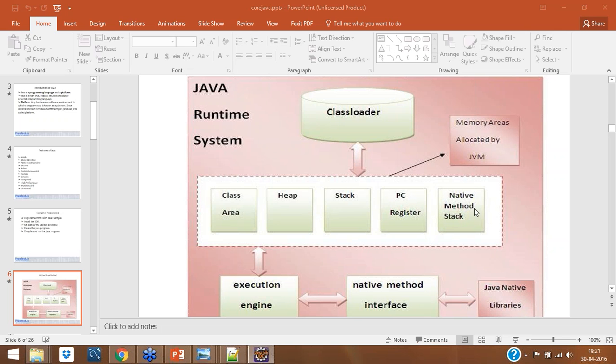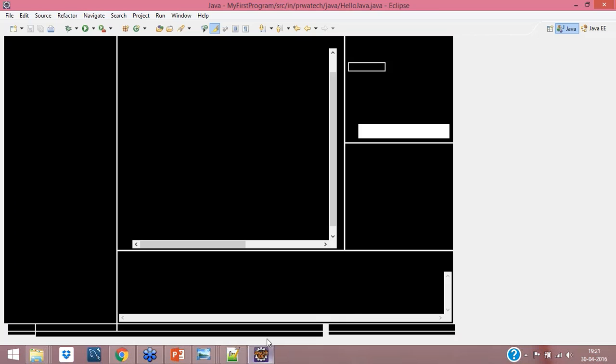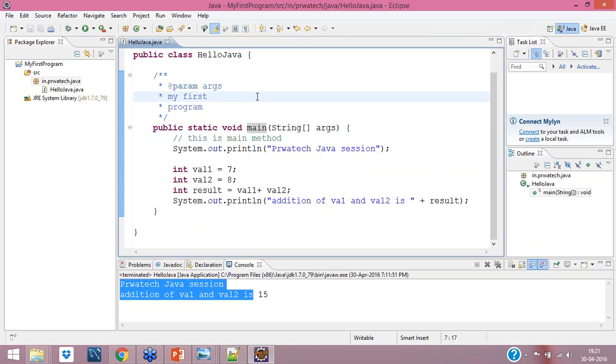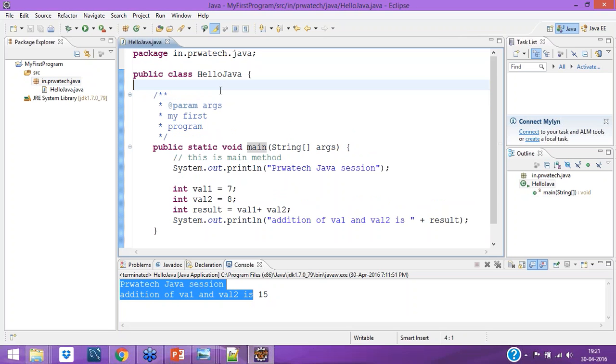Then native method stack. Native method is nothing but, let me tell you one thing. You have done the word count job. Let's say you have a class, and to add some new library which has information of all this map reduce, let's say I want to create my map reduce and I want a dependency jar file.